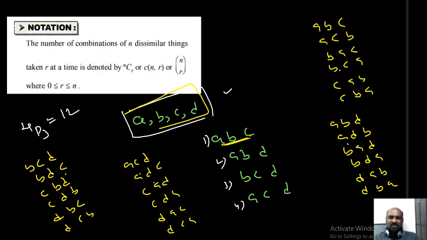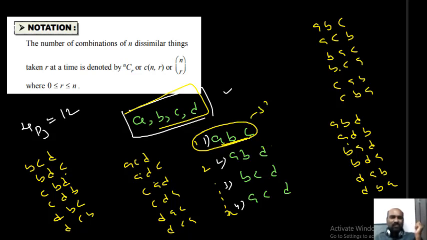Now my question is here, students. A, B, C, D are 4 distinct elements. From 4 distinct elements, I want to select 3. How many selections will you get? We don't know. Assume that there exist x selections. Here the x value is 4 actually. This is the first selection, second selection, and so on, up to x selections. Take any one of the selections. That selection contains 3 elements.